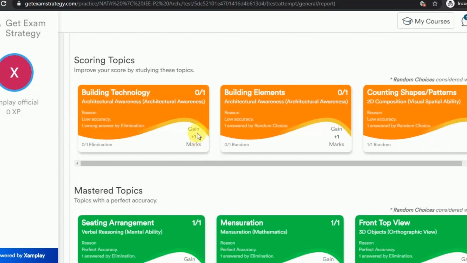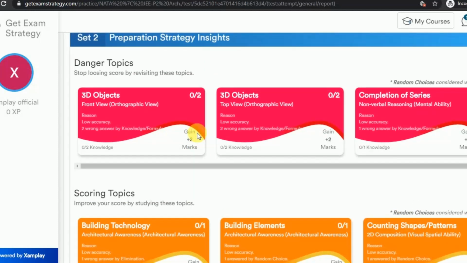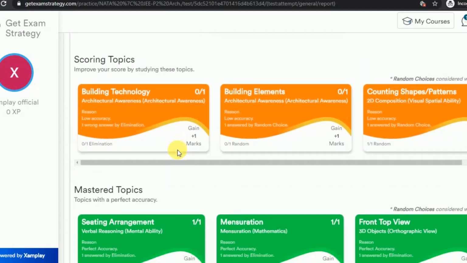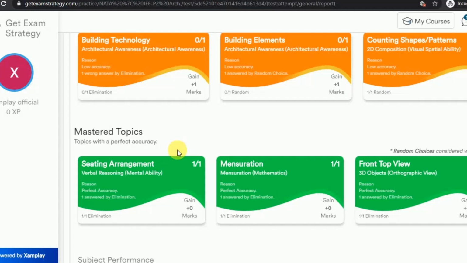However, having said that, if you have to study a particular topic, the first suggestion will be your topic of interest, and that is where you have to spend all your time and effort. Every card comes with a topic name, a reason why you have to focus on this area, the number of questions that were asked, and the marks that you will gain if you study this topic immediately. Okay, so this is what you have to do before the exam, when you are studying for the exam.